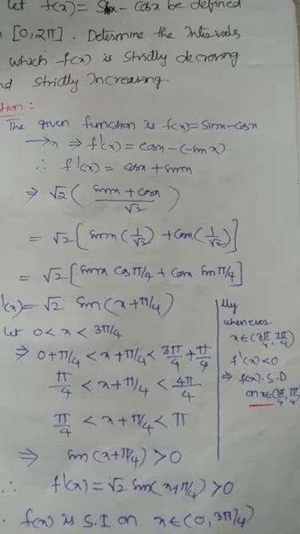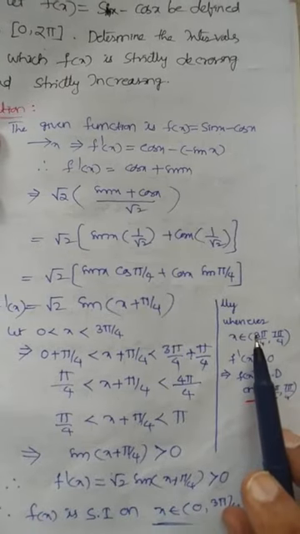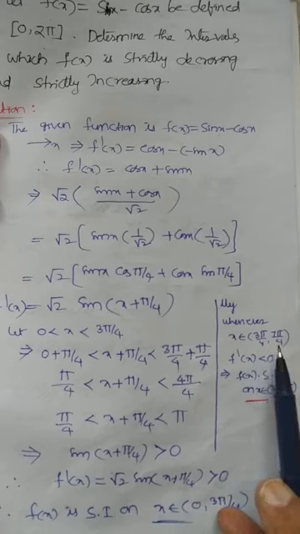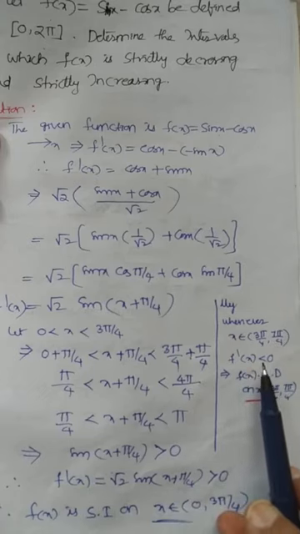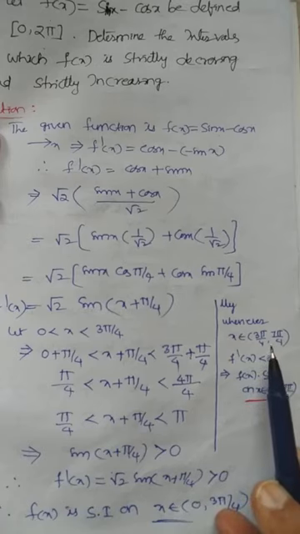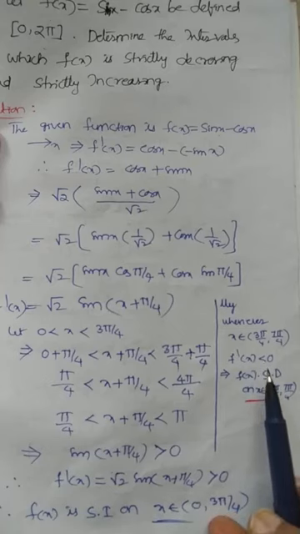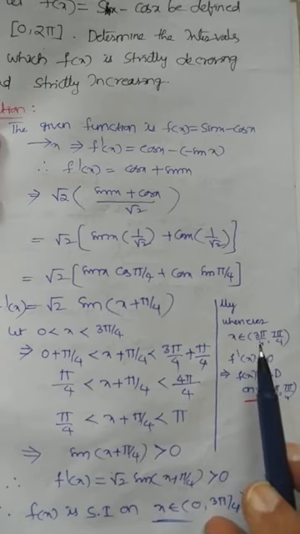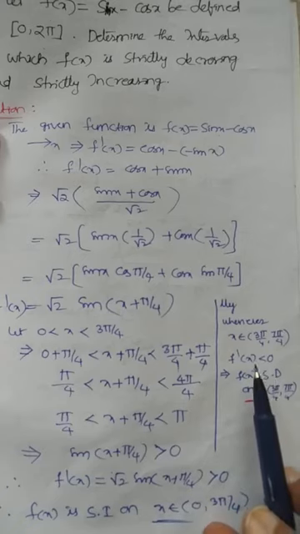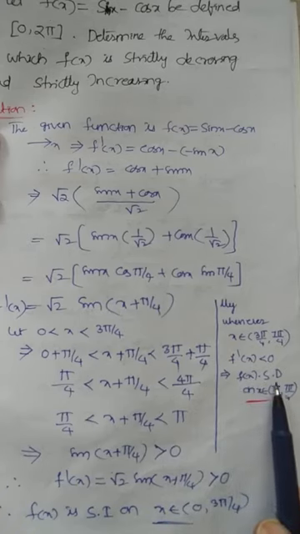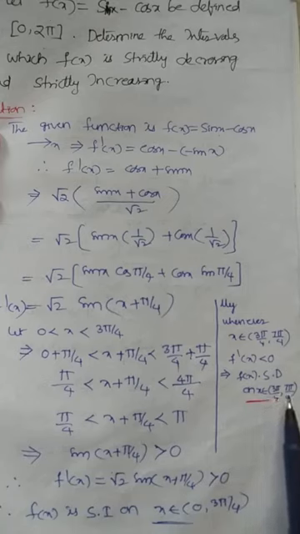Now similarly, whenever x is belonging to 3 pi by 4 comma 7 pi by 4, the f dash of x must be lesser than 0. You have to check it. Okay, so then for the strictly decreasing functions definition, whenever f dash of x is lesser than 0 on such an interval, f of x must be strictly decreasing, so f of x is strictly decreasing on x belonging to 3 pi by 4 comma 7 pi by 4.